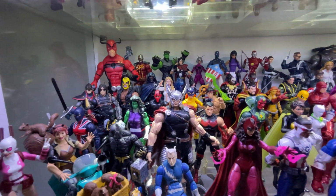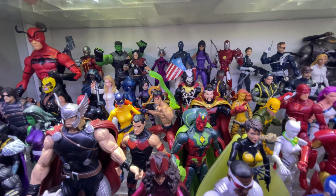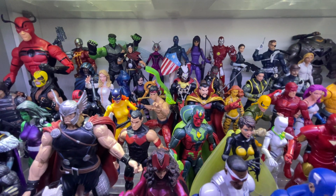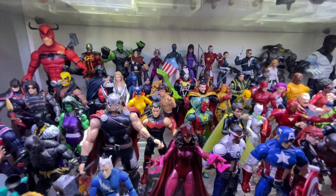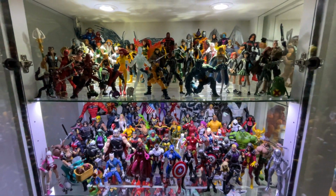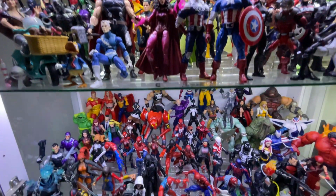Yeah, so not much change since my last room tour. I put the Singularity and Nico Minoru as well in there alongside Brother Voodoo and Doc Strange. So not much happening between this modern X-Men and modern Avengers shelf. Moving on to the